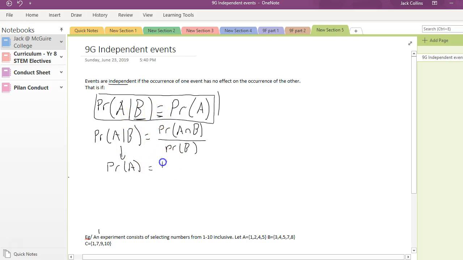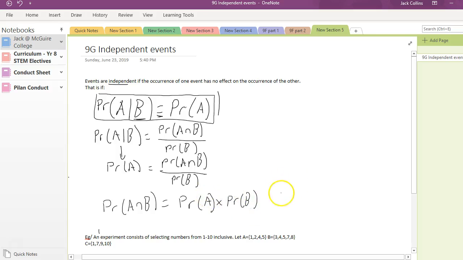It's equal to probability of A and B over the probability of B. So probability of A and B is equal to probability of A times the probability of B, if the events